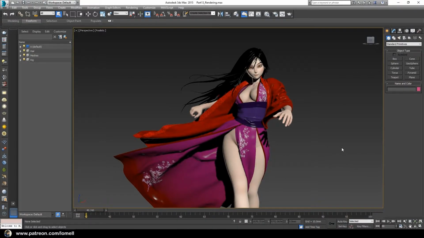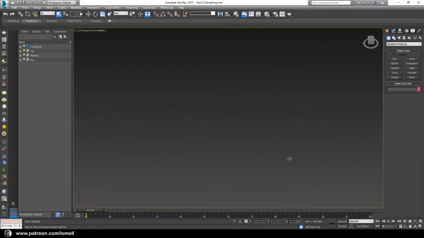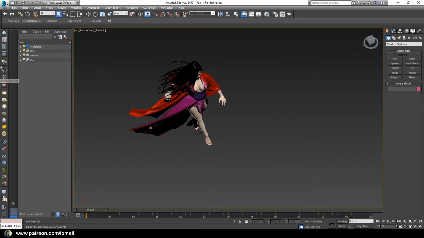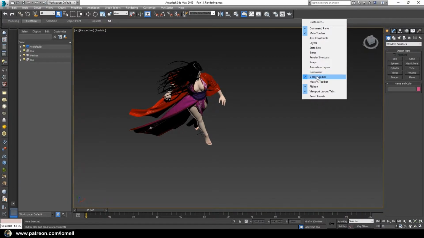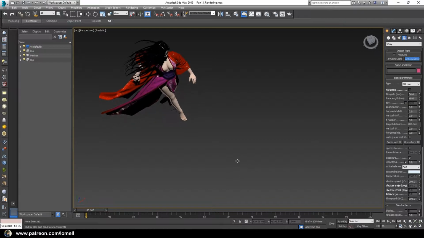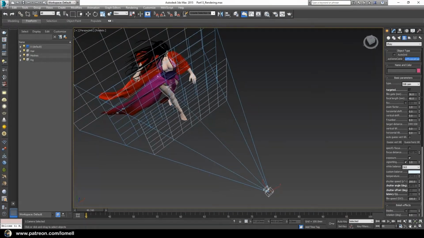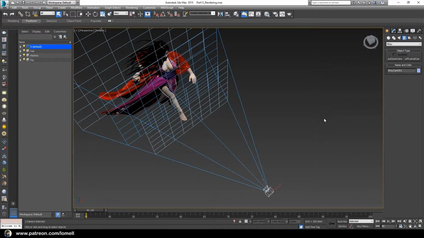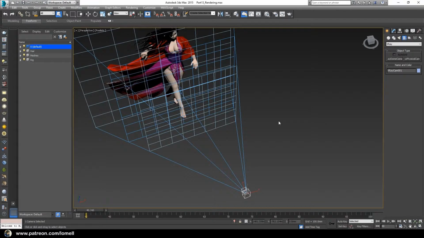Okay, so first thing we need to do is to create a camera view. So let's zoom out in here and use this camera. If you cannot see this V-Ray toolbar, just right click in here and click V-Ray toolbar. Click this one and just click and drag. If you are done creating a camera, right click. And now press the letter C on your keyboard